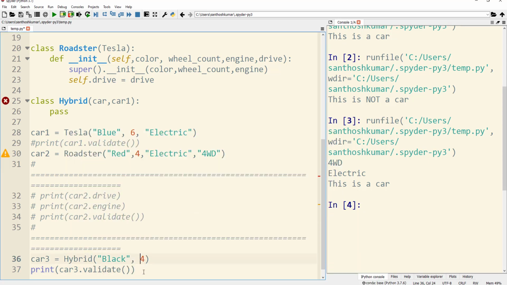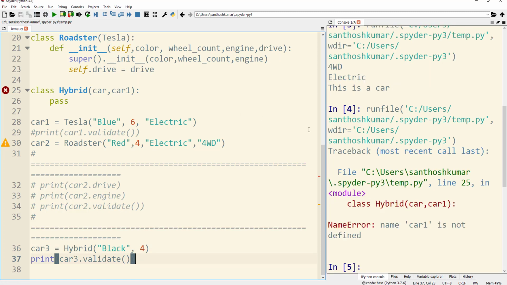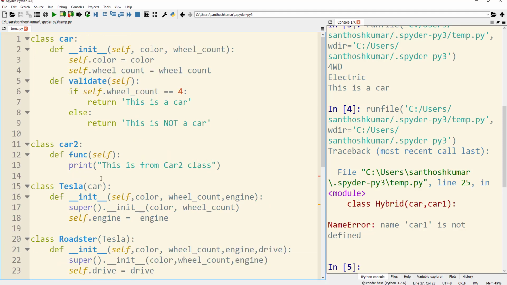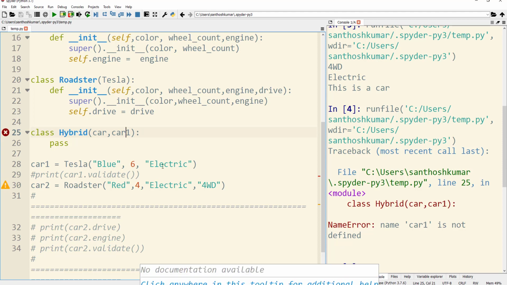Then I print car3.validate, which is a method from the car class, and run the program. I see an error: name car1 is not defined. This is because the name of the second parent class is car2. So I go to line number 25, and in the class hybrid I change the name of the class to car2, and rerun the program.